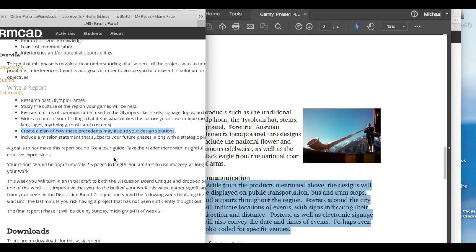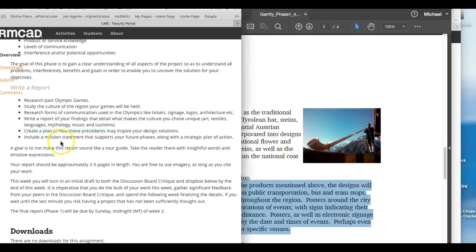Why did you pick these certain visual aspects, and how do you intend on using them, and give us the history and the intent as well as the objectives of using those visuals. Include a mission statement. That's super, super, super important. That's really important. A mission statement, a thesis, as it were, as to what